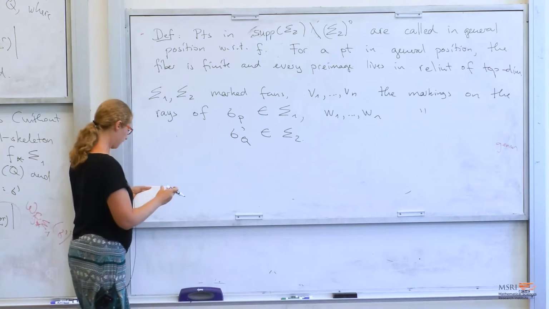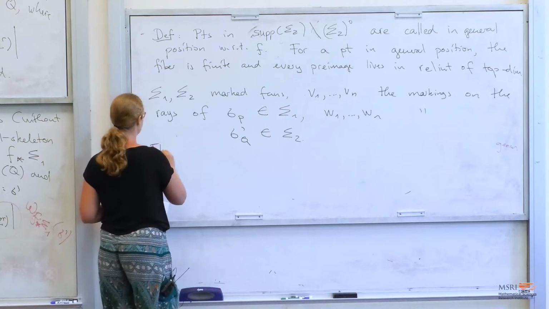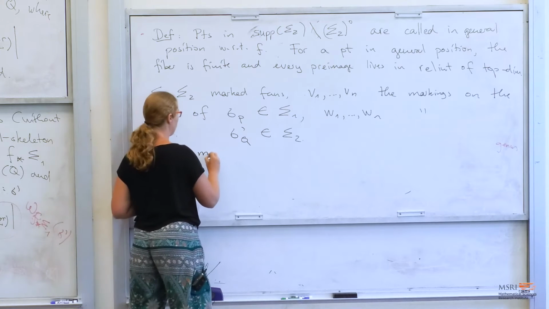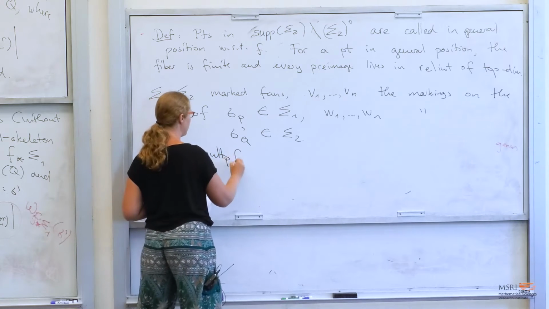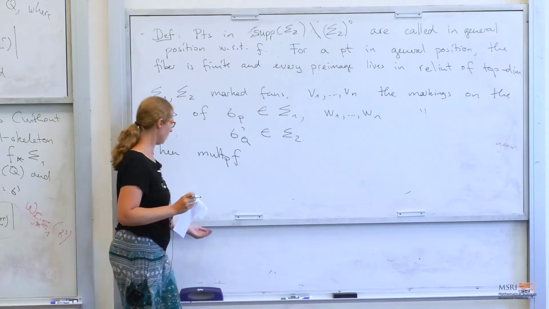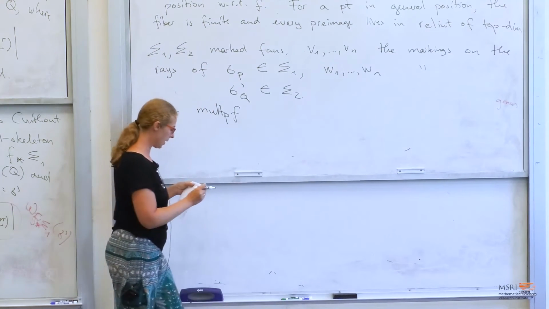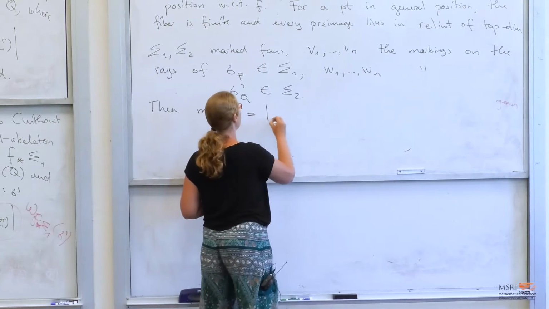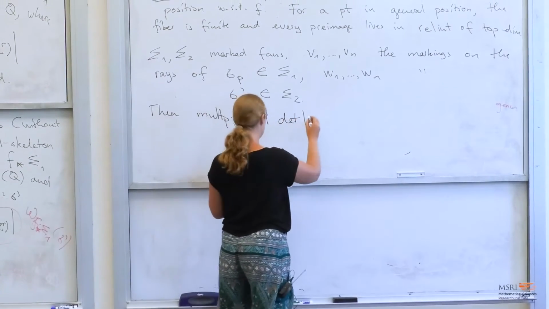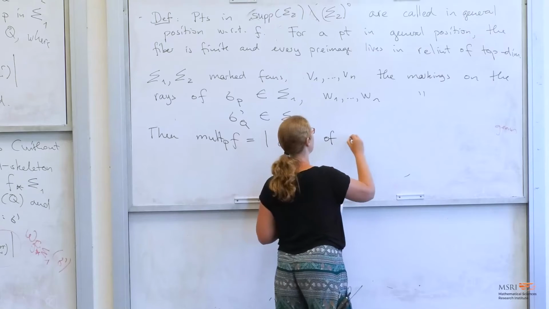And then I claim that the multiplicity, mul pf, which actually only depends on the cones, so you could also call it mul sigma f, is the absolute value of the determinant